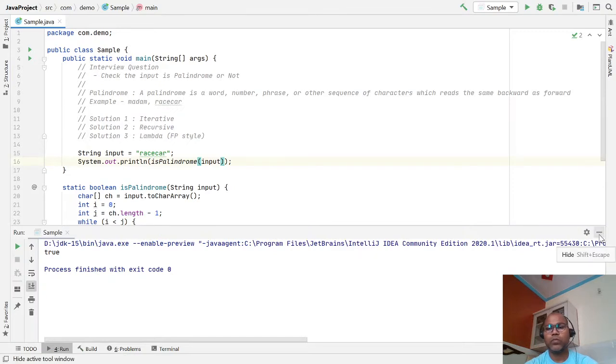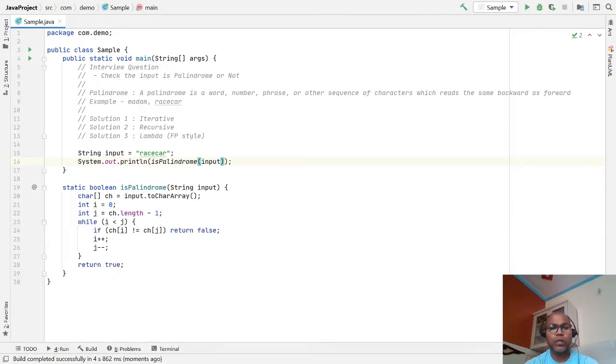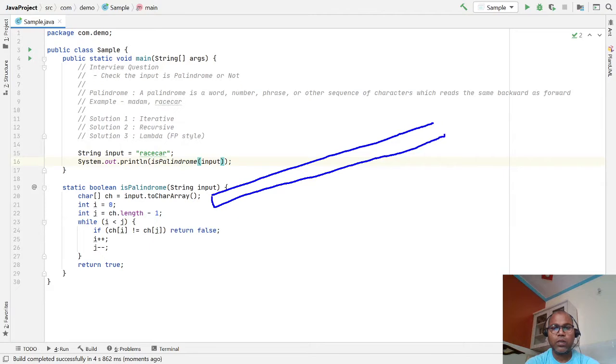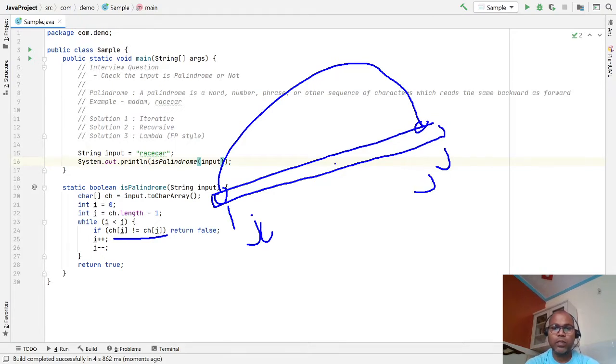It returns true. So what did we do here? We took the input and converted it to a char array ch. This is the initial index I and this is the last index J. We check whether both characters match. If they match, we increment I and decrement J, then check the next characters.